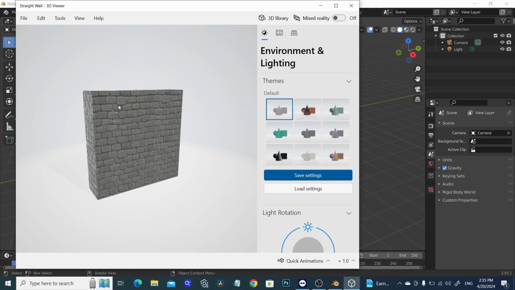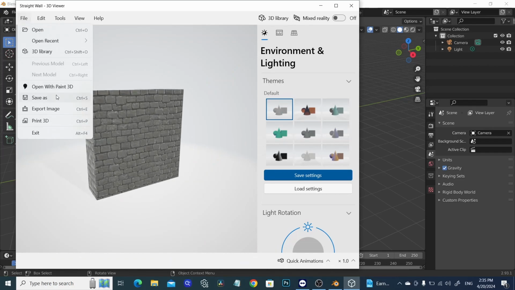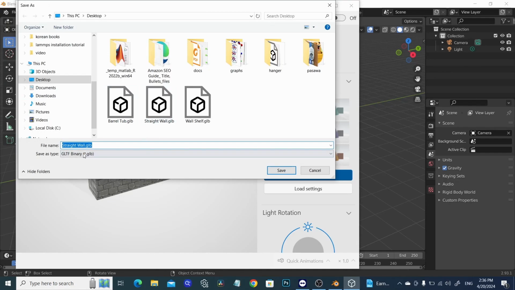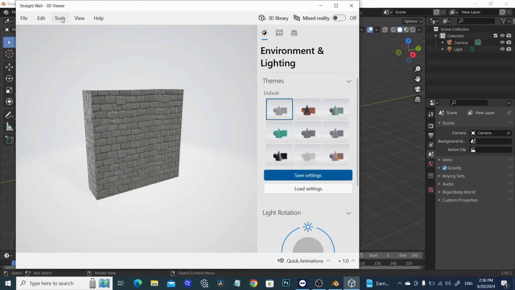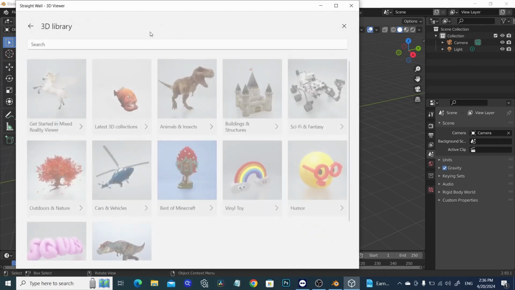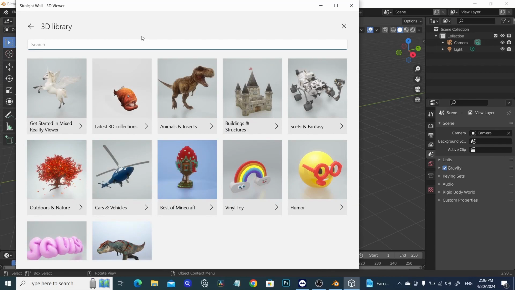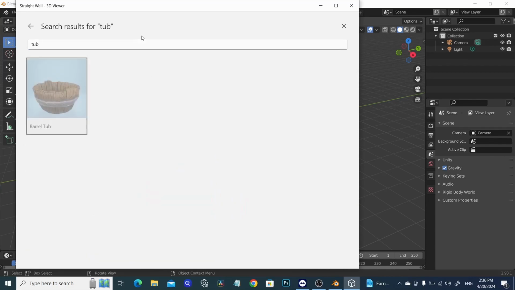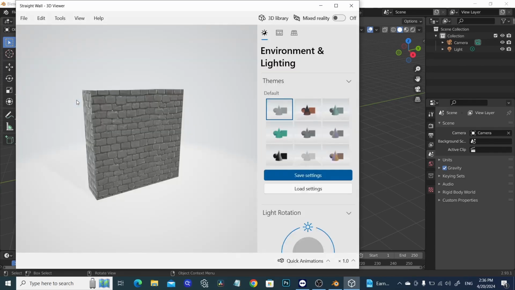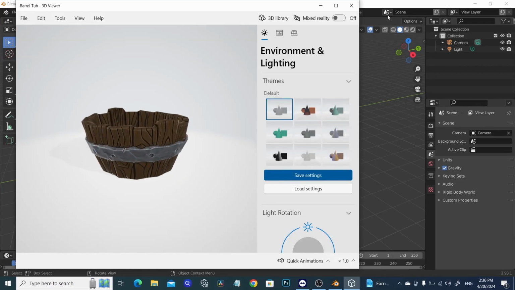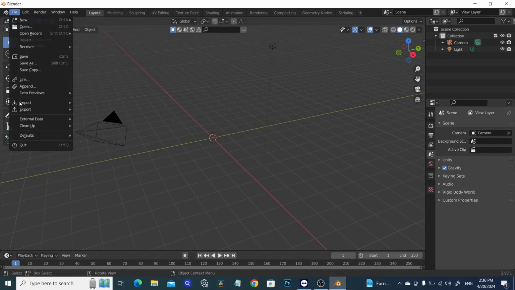So I will click here and then go to File, Save As, and you can save it in GLB format. It's already saved and I need these three files. Just search for the file here in the 3D library, like this, and then save it in your system. I already saved these three files in my system, and then in Blender I will go to